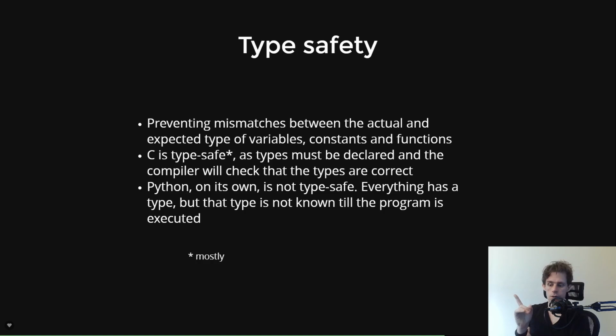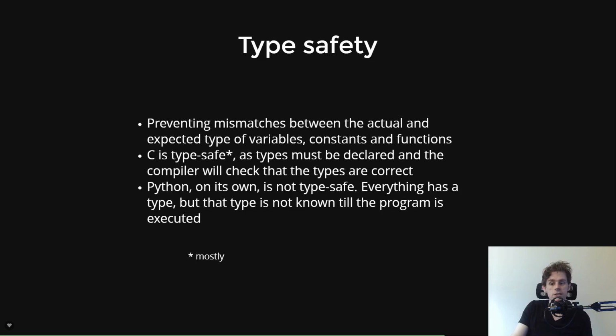While that's true, you could argue for many languages, why don't chars are 1 byte and ints are 4 bytes and doubles are 8 bytes? Why don't you just store everything in 8 bytes? We have so much memory on computers these days anyway. Why don't we just store chars, ints, and doubles all in 8 bytes of memory? Therefore, the compiler doesn't need to know what size it is because everything's 8 bytes, right? You just say list. You just go Python style. It just stores it in whatever you want.